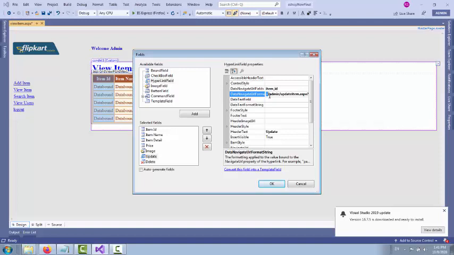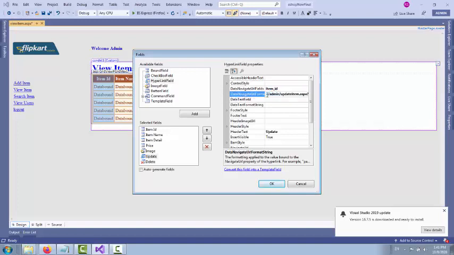Here we have to give the URL, or we can say postback URL, or you can say hyperlink URL, all the names are the same, or we can say all the functions are the same. So here we have to add the data navigate URL format string.